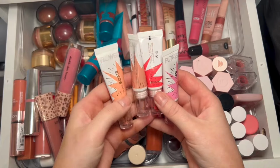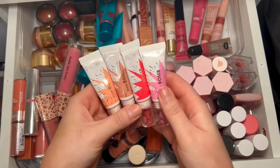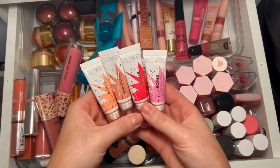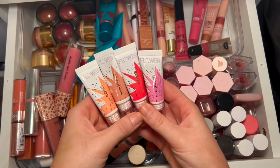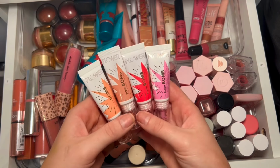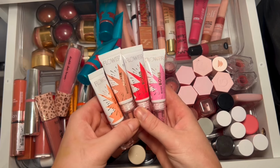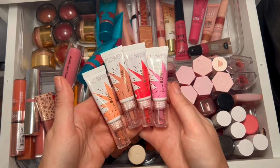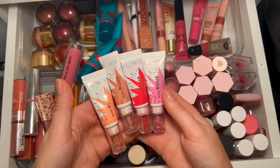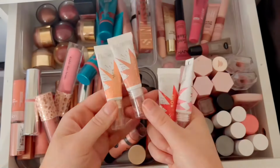I think it is time to say goodbye to these Flower Beauty Blush Bombs. These were like my first introduction to any sort of cream or liquid blush. I thought these were so good, and they still are so good, but they are so old, like maybe over 5 years old, so it's just time. And it makes me so sad because these are stunning. I really like the shades Nectar and Pinched, so...